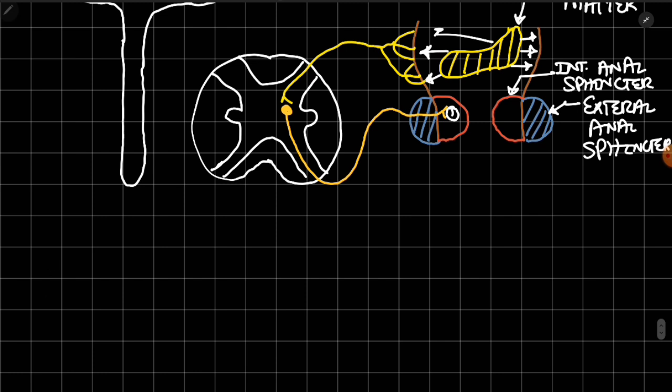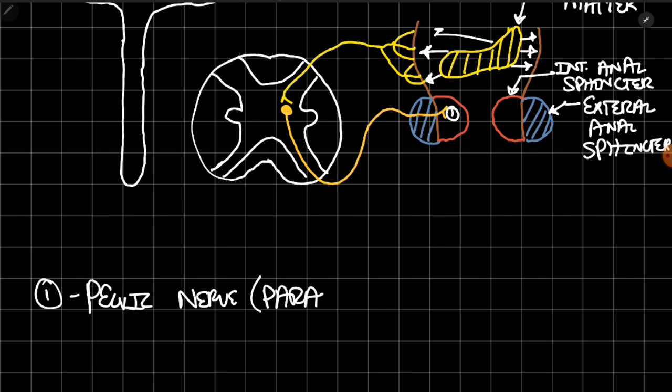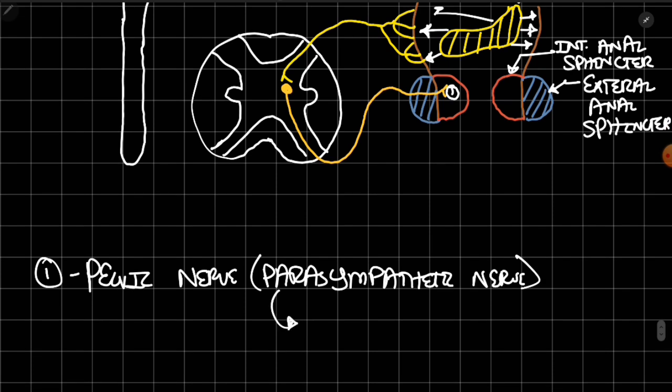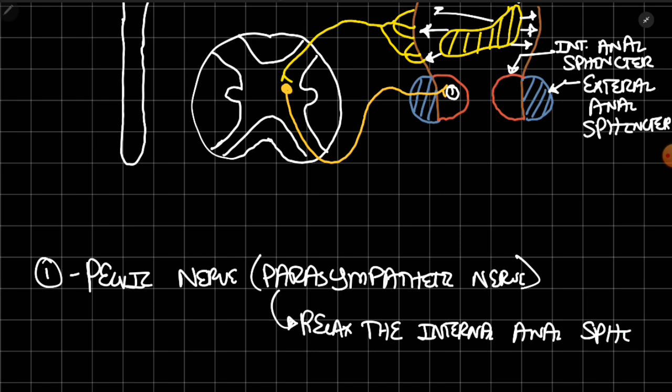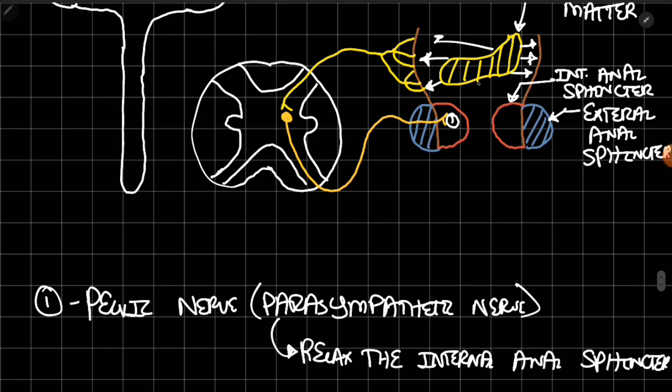So this fiber 1 is basically the pelvic nerve, or a parasympathetic nerve. Since it is stimulated, it will relax the internal anal sphincter. Now, due to relaxation of the internal anal sphincter, the fecal matter will come a bit lower, and it will